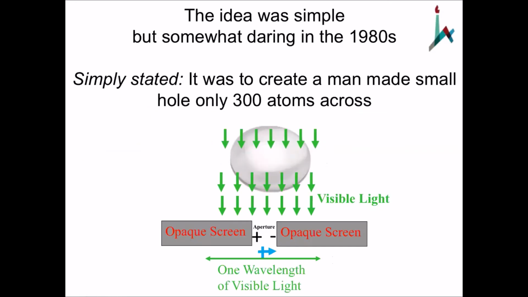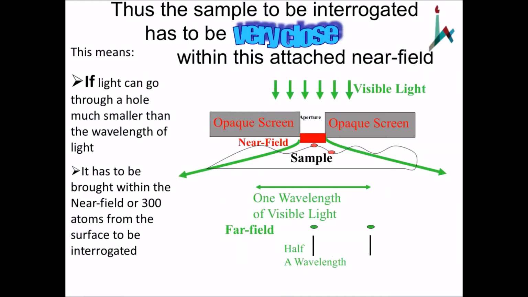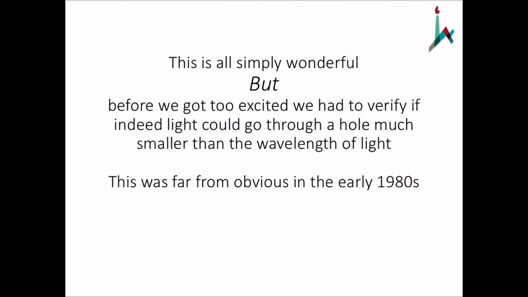The idea that we applied was to make an opaque screen with an aperture that was, in 1980, 300 atoms across. But we had to make such a hole. We had to actually show that such a hole could pass light. And then we had to learn how to translate it relative to a sample that was even rough, in order to make a microscope. So the chance of all those things happening in my lifetime was close to zero, I was thinking. But in any event,